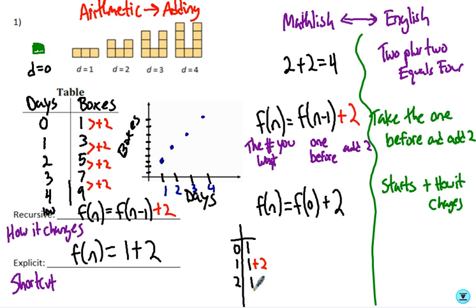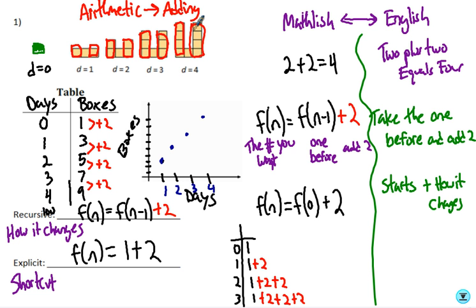So at day 2, I'm starting at 1. And then I'm going to add 2, and then 2 more. And then for day 3, right, I'm starting with 1, and then I'm saying 2 more plus 2 more plus 2 more, right? Because that's what's happening each time, is that you're adding 2 more onto 1, right? Adding 2 more onto 1, adding 2 more onto 1, and then that pattern just keeps going on and on